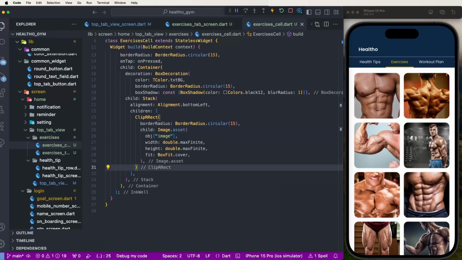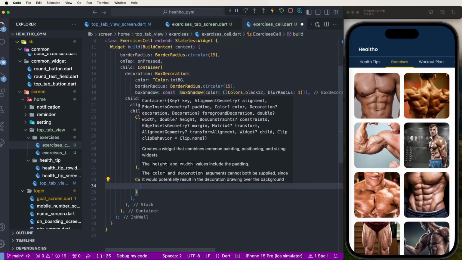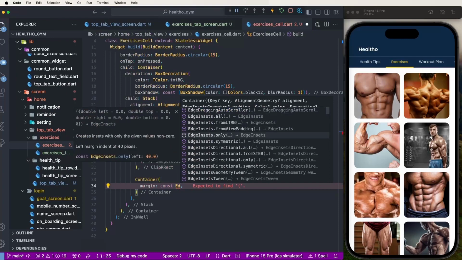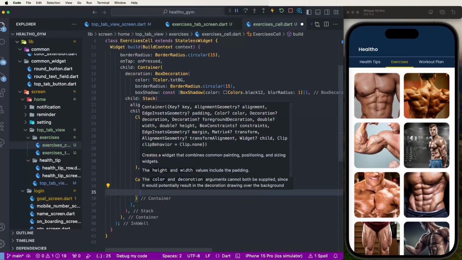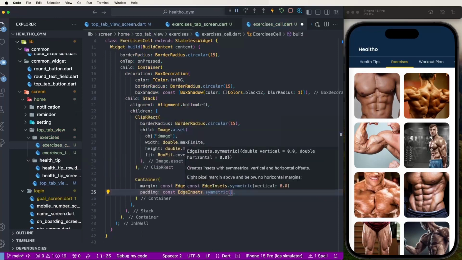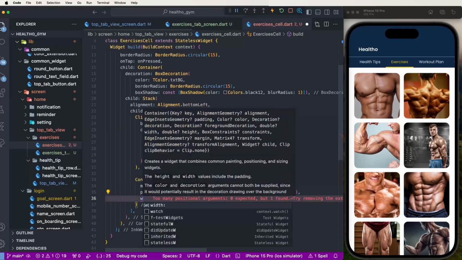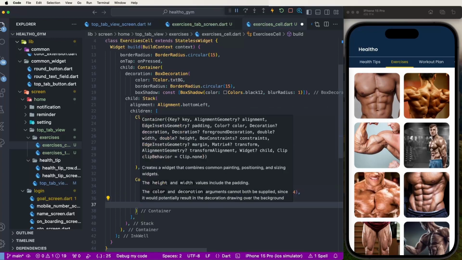Then after that we need to create the containers, and now set the margins, const EdgeInsets.only, set the right, give this 20. Then after that create the padding and give the EdgeInsets.symmetric, horizontal give 8 and vertical give 4, and then set the width double.maxFinite and also set the border radius